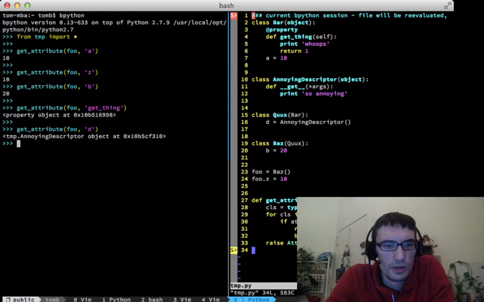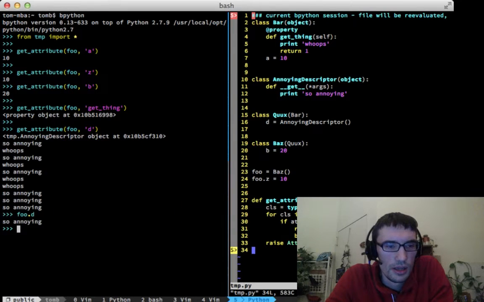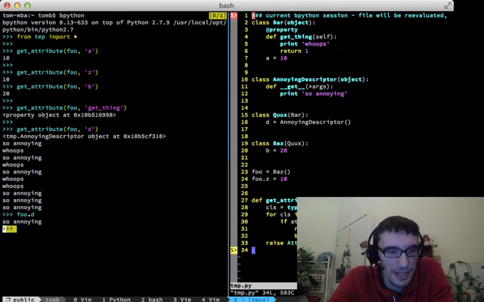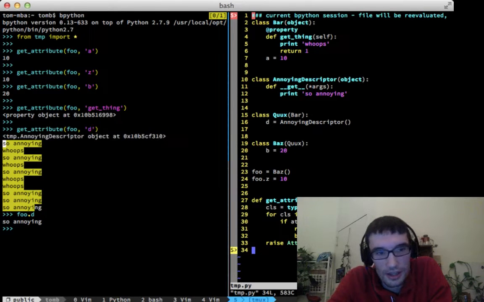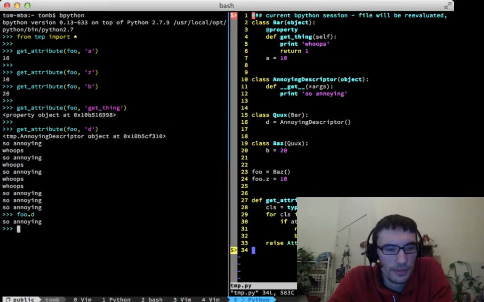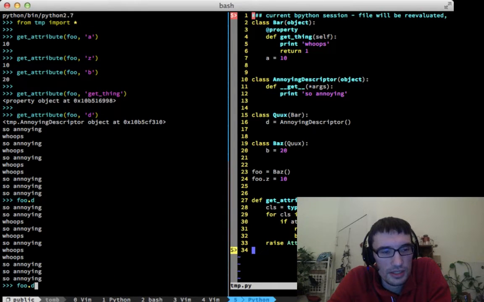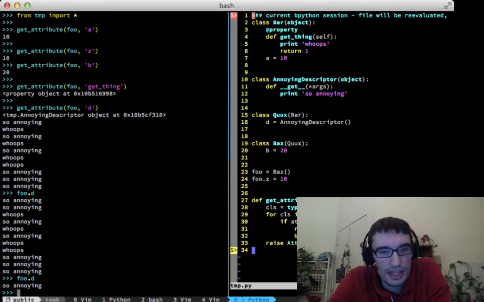I got the annoying descriptor. That's good. So this worked, whereas had I just done foo.d, well, I wasn't even able to do it because I eventually did it. And when I did it, this happened. In the meantime, a bunch of bpython tab completion stuff ran, causing both of these to happen. So I think our approach should basically be this. The last step will be figuring out what to do with this thing. Well, not that thing, but